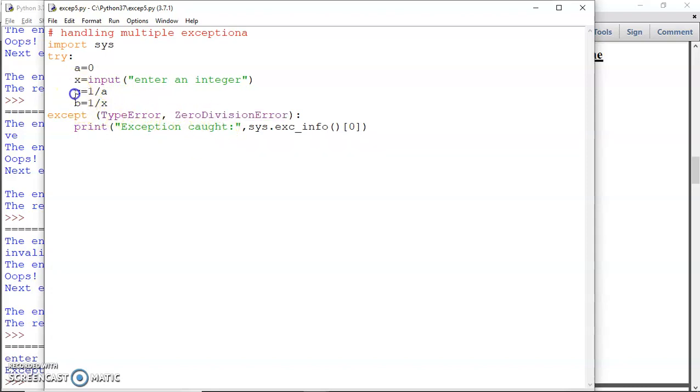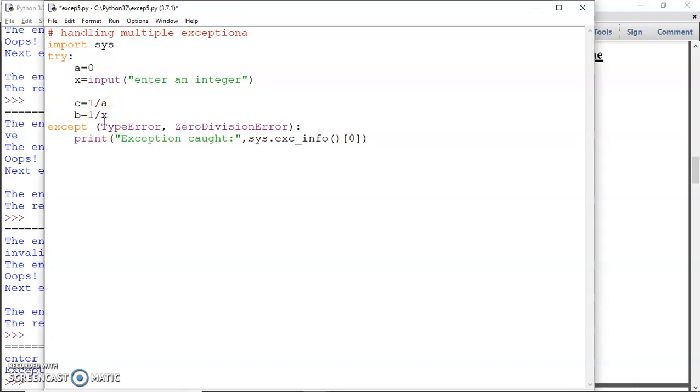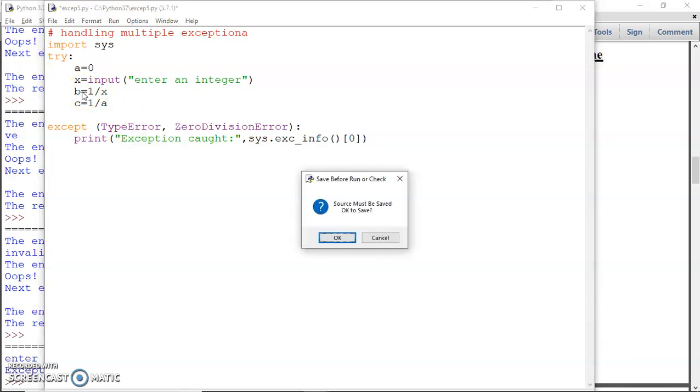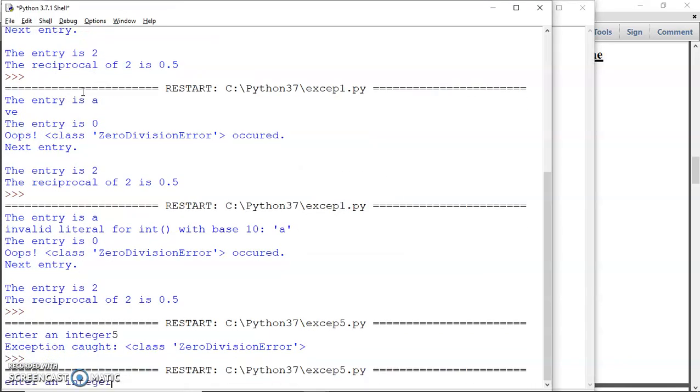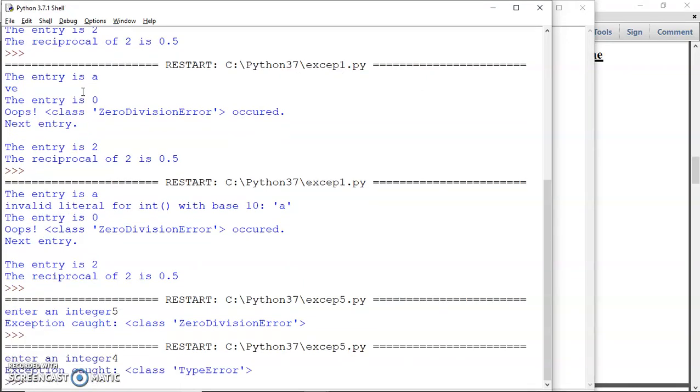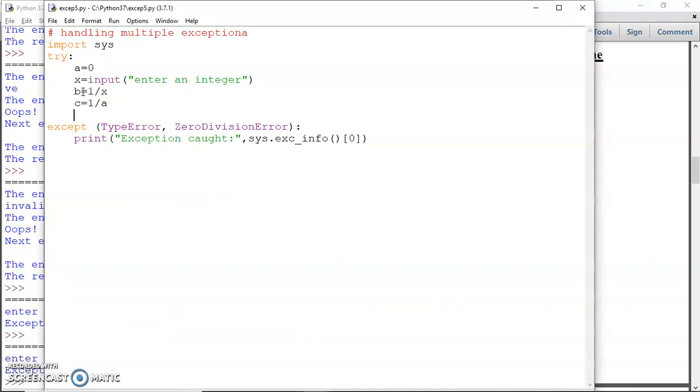What if I switch it like this? Say instead of this, I write here. So what do you assume now? Now I'm trying to divide an integer by a string, so a TypeError occurs. This is caught first because it is written first. So let me run this for you now. If I enter, say, 4, you can see the TypeError has occurred. So in this way you can catch multiple exceptions